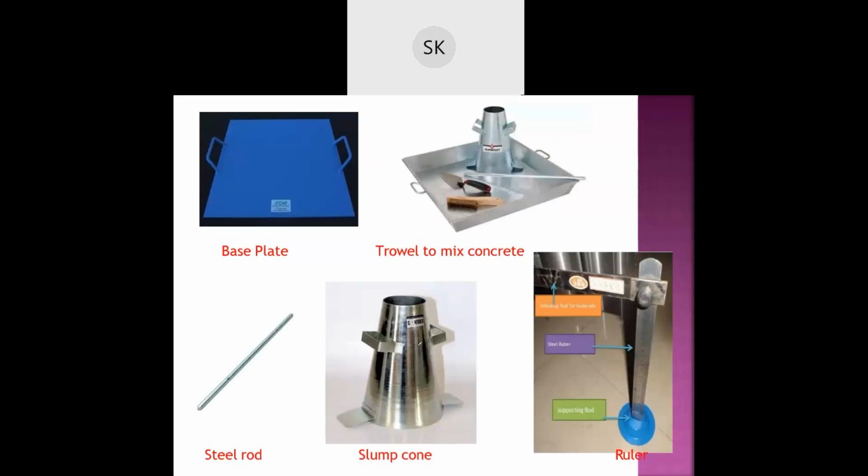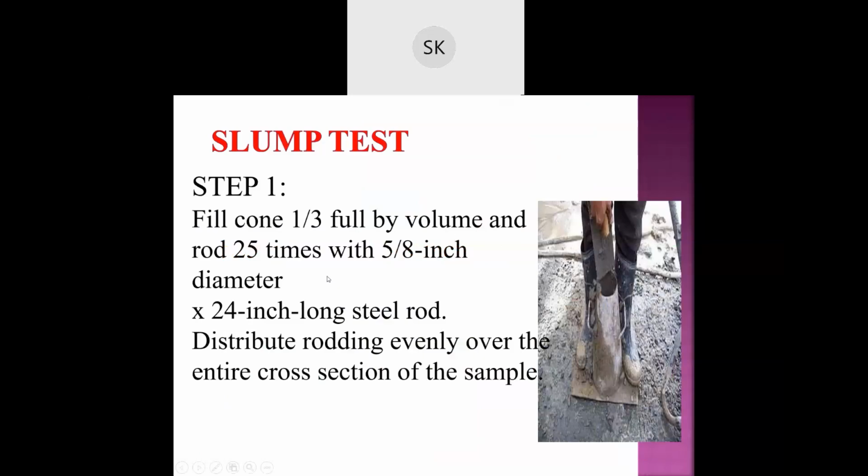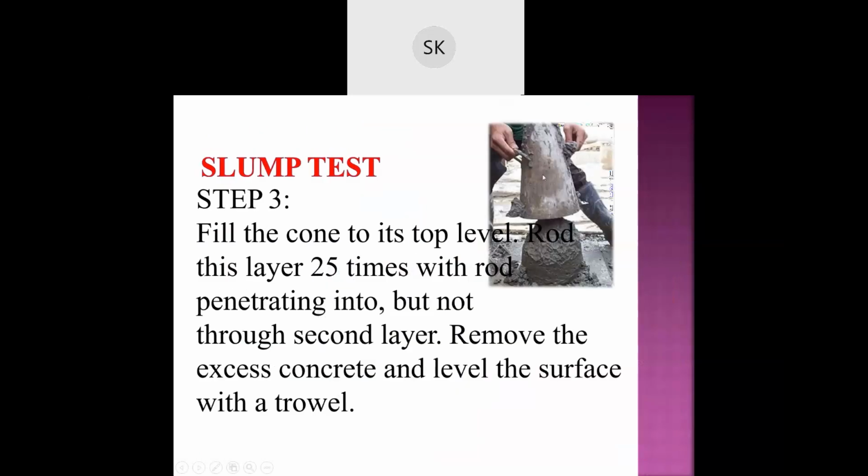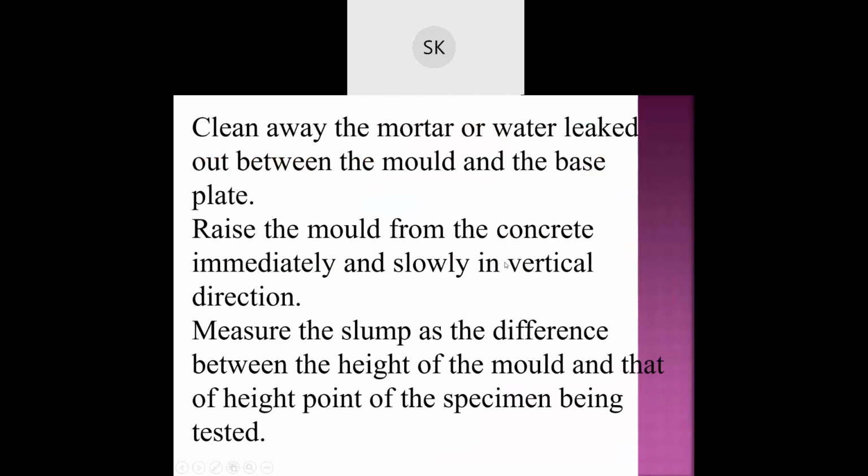Then you have to pull this cone up in one go with the help of both hands. They have shown you, just see, this is the way.